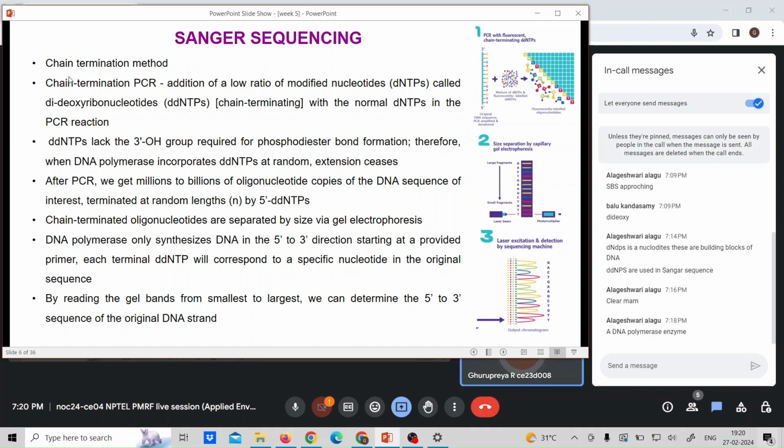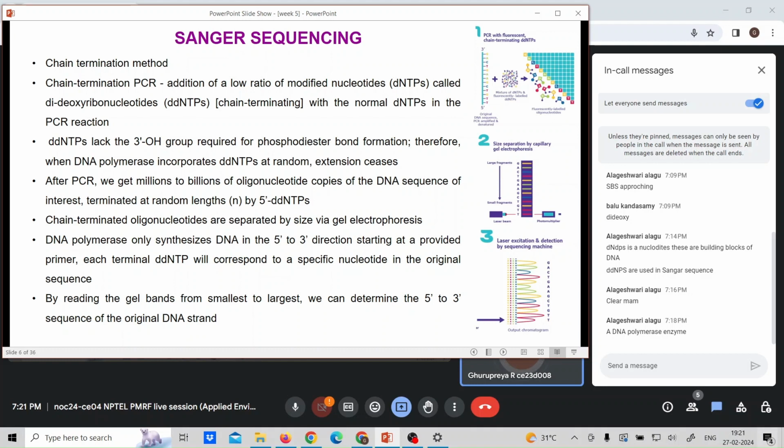So this PCR is known as chain termination PCR. In this, we have addition of a low ratio of modified nucleotides called ddNTPs or the chain terminating nucleotides along with the normal dNTPs in the PCR reaction mixture. So in the PCR reaction mixture, we should be adding the nucleotides. Generally, in other PCRs, we will be adding only dNTPs because we just need multiple copies of the DNA. So we'll add normal dNTPs. But in the case of sequencing, what we do is we also add a smaller ratio of